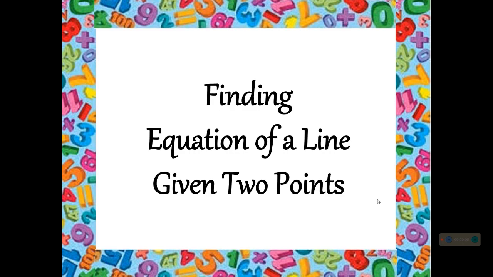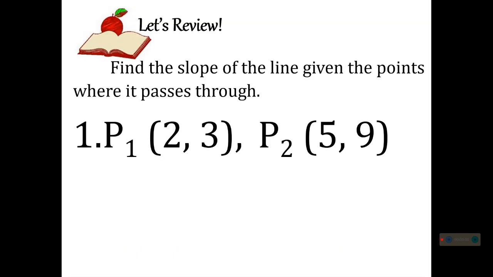This video is about our next topic, which is finding the equation of a line given 2 points. Okay? For our review, find the slope of the line given the points where it passes through. So our first point is (2, 3) and our second point is (5, 9). Of course, you are going to recall the formula in finding the slope given 2 points, wherein we